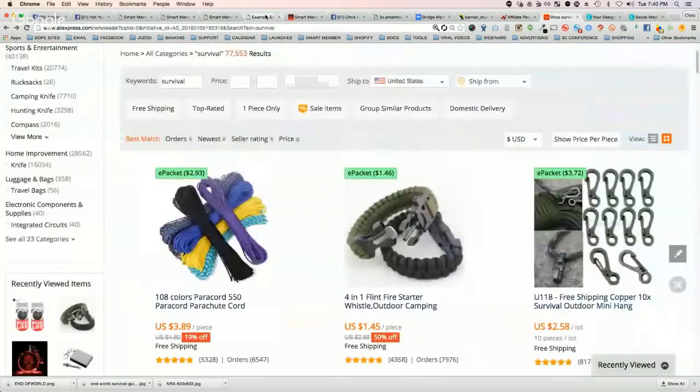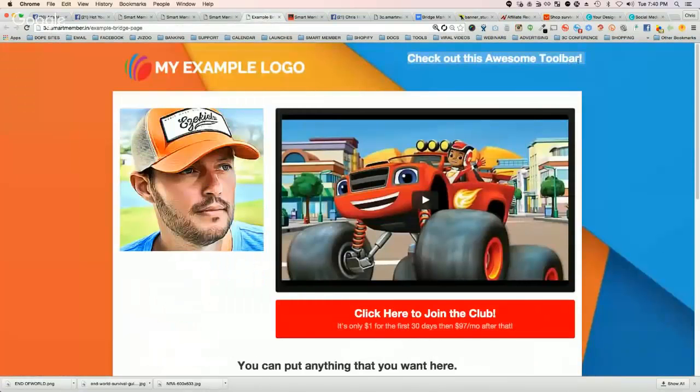This is a must-have 4-in-1 bracelet for everyone who loves The Walking Dead, or everyone who loves post-apocalyptic shows, or maybe make a joke about zombies. Be like, the only way to prepare for a zombie apocalypse is with this 4-in-1 tool. Okay, now you got creative. So you got your survival reviews thing. You got the only way to prepare for the zombie apocalypse. And then if you're targeting the Second Amendment people, you might say